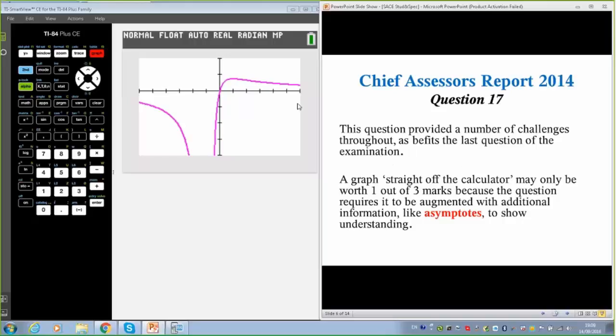And I think that the nice thing about the papers that we have and the way that the SACE and the NTCET is set up is balancing the visual aspect, the real life aspect, and the mathematical aspect. And I think that therefore the technology and using the TI-84 really supports that nicely for the students to really understand what they're doing with these questions. All right, so here again they're talking about this graph, and they're talking about how if students just take it straight off the calculator, they may only get 1 out of 3 marks, and they're missing these asymptotes again.